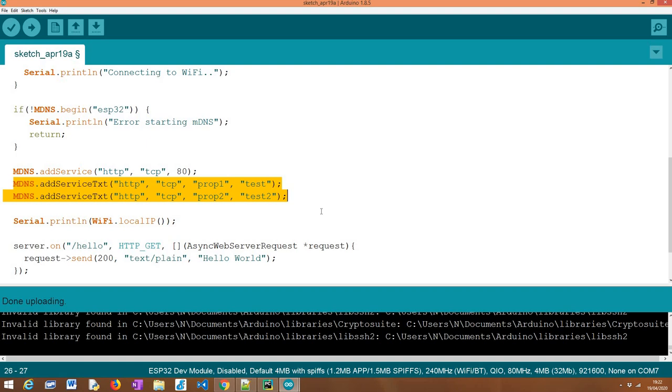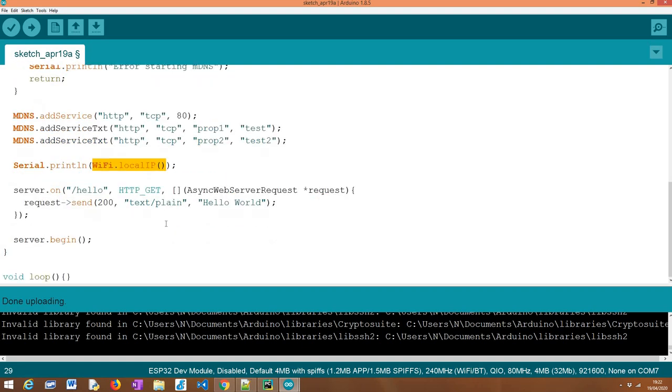In this case, as you can see here, I'm doing this with some dummy properties just for illustration purposes. Past this point, I'm printing the local IP address assigned to the ESP32 on the network. The point is we should not need to check a serial monitor or something to get this IP address. That's the whole point of MDNS. I'm just printing it so we can confirm that the value we're obtaining here is exactly the same we are going to obtain on the Python side.